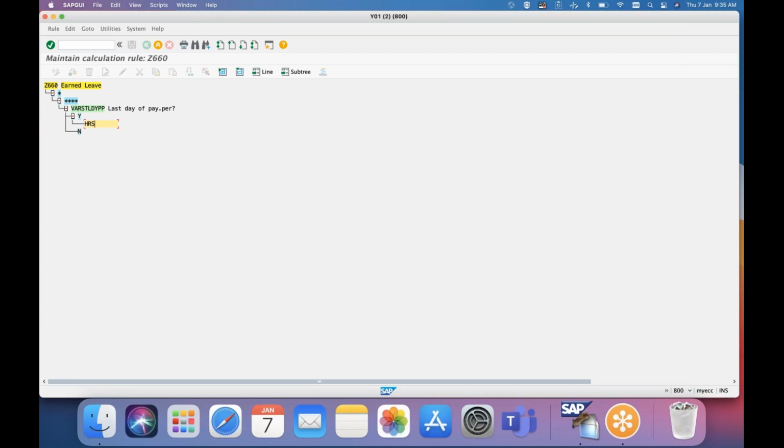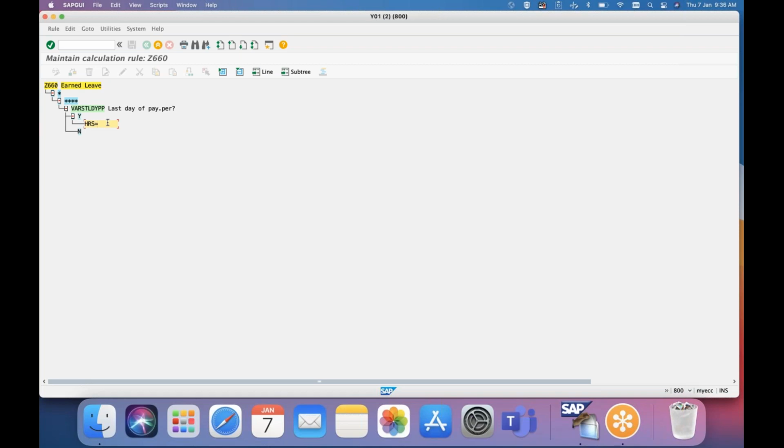In time management, to capture a number, we have an operation called HRS. If you use HRS equal to some number, it will store that number in the internal table HRS within the PCR, from where you can push it to a time type.